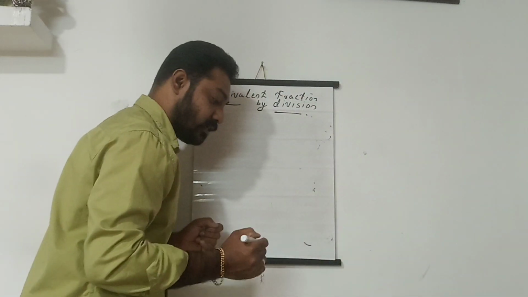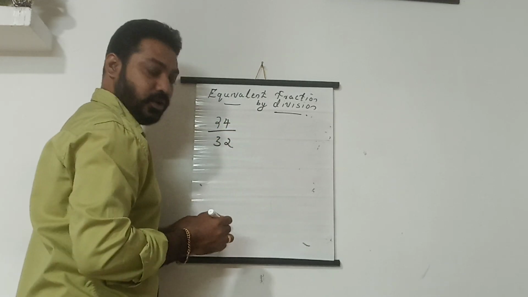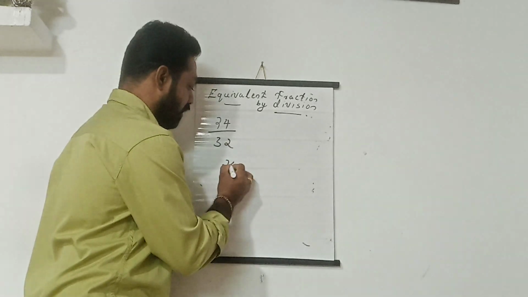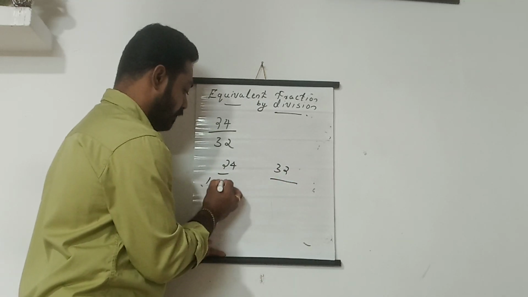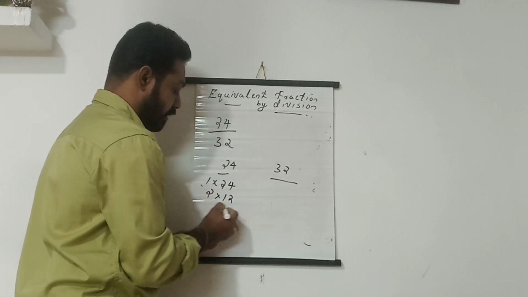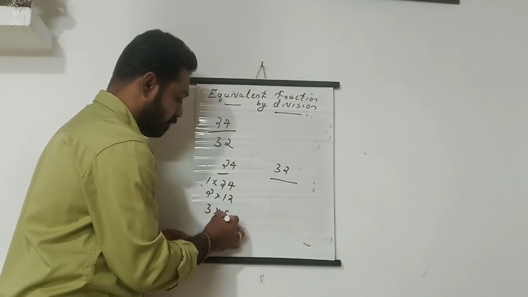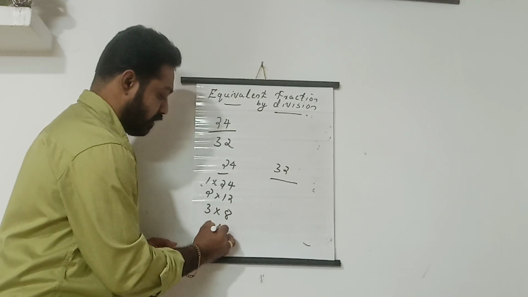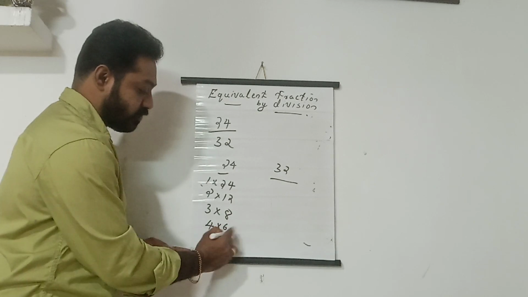What is the next number? 24 by 36, isn't it? 24 by 36. How can we find it? First you have to find the factors of 24 and 36 this way. How can we write it? 1 into 24, then 2 into 12, then 3 8s are 24. Then 4 6s are 24. Many factors are there, isn't it? Then 5 is not there, then again 6 will come, just stop.